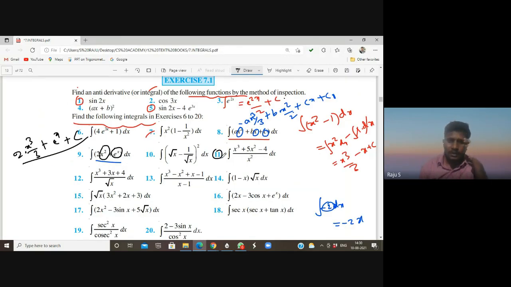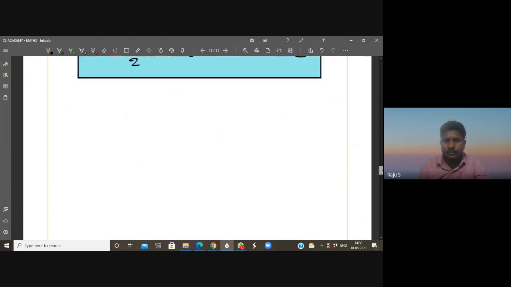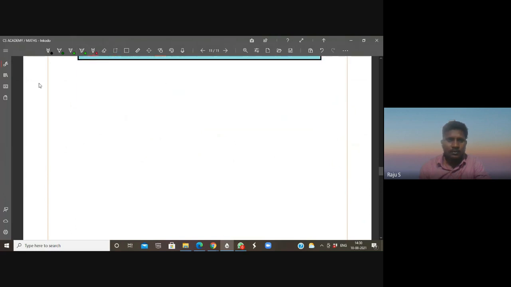Okay, see here, this question you can do: x cube by x square, 5x square by x square minus 4 by x square. That you can do. I'm going to explain the 12th, because the 12th is quite difficult, as it is divided by root x. First try it yourself. Right. First,